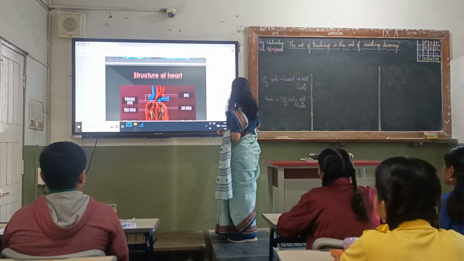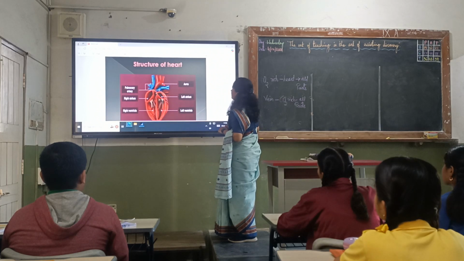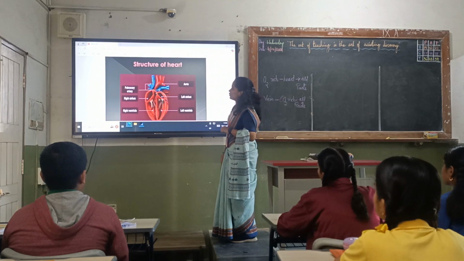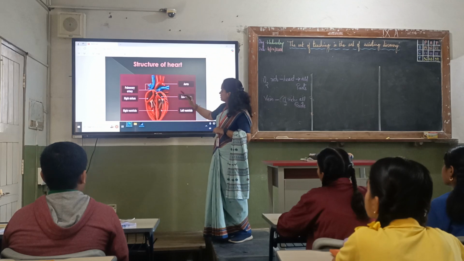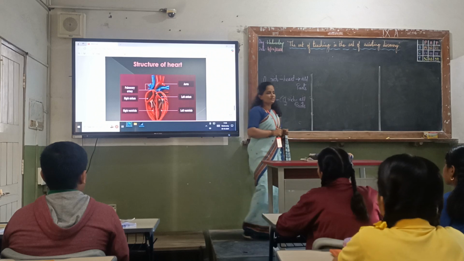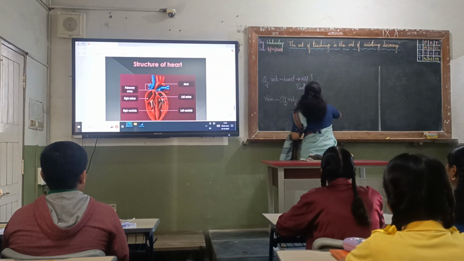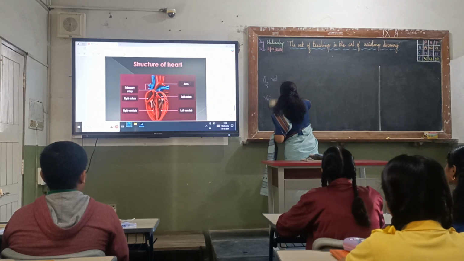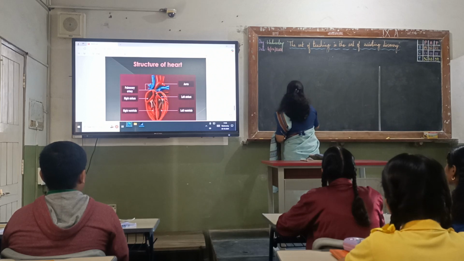Now we will see the structure of the heart. This is the heart, and you can see many labelings are there. Actually, the heart has 4 chambers. The upper 2 chambers are called the